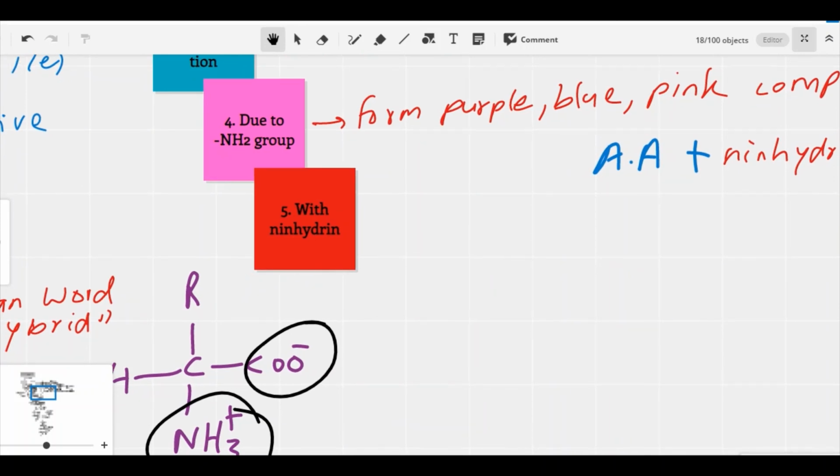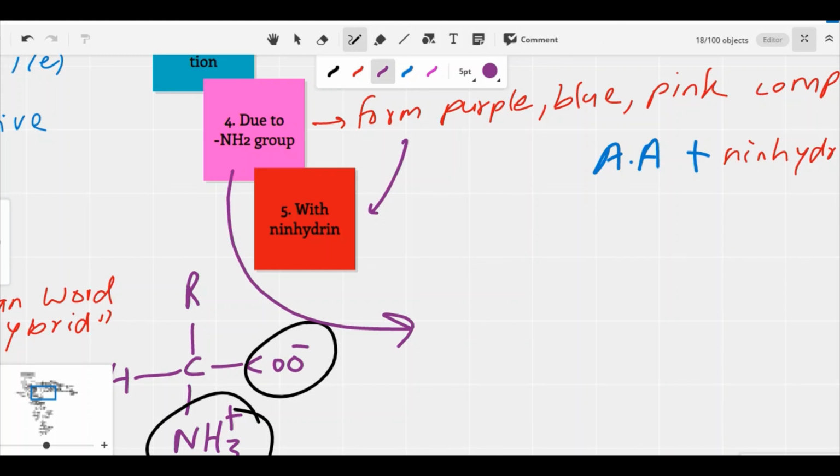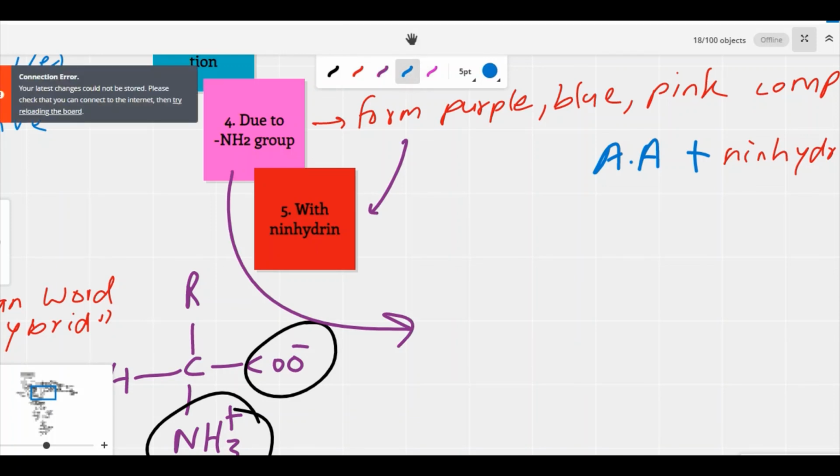Okay, sorry, here add number 5, that is number 5. Okay, number 4, that is amino acids due to the NH2 group. Amino acids behave as bases and combine with acids to form salts. Okay, so here it will be